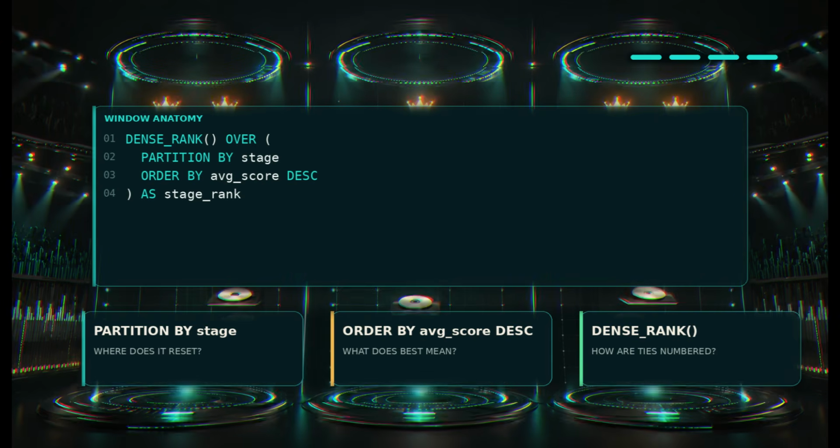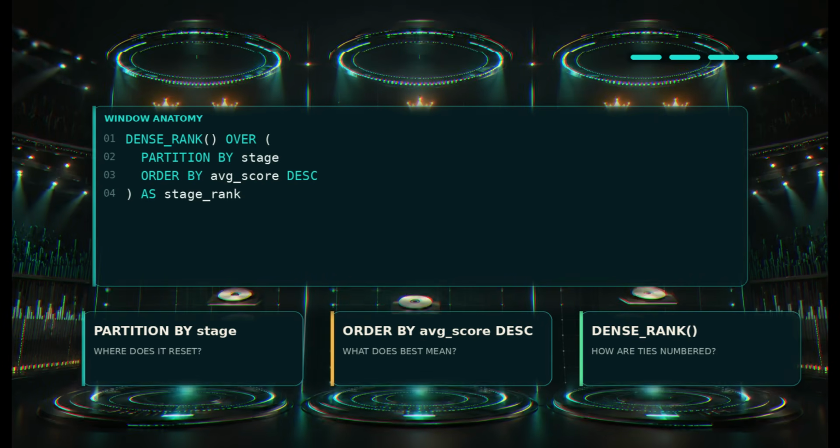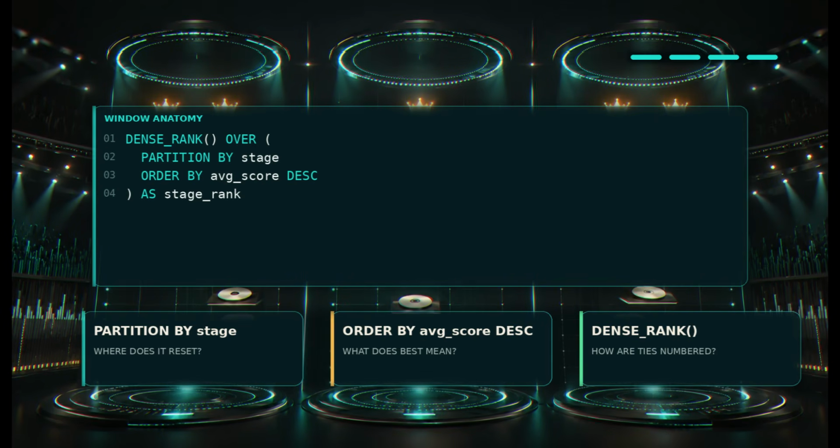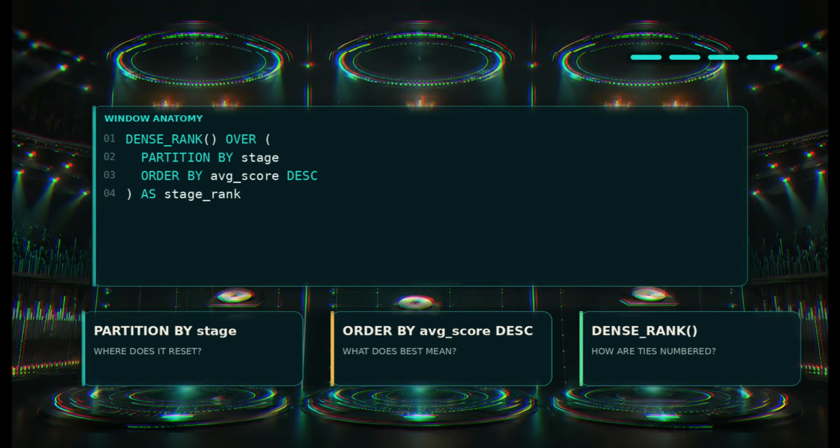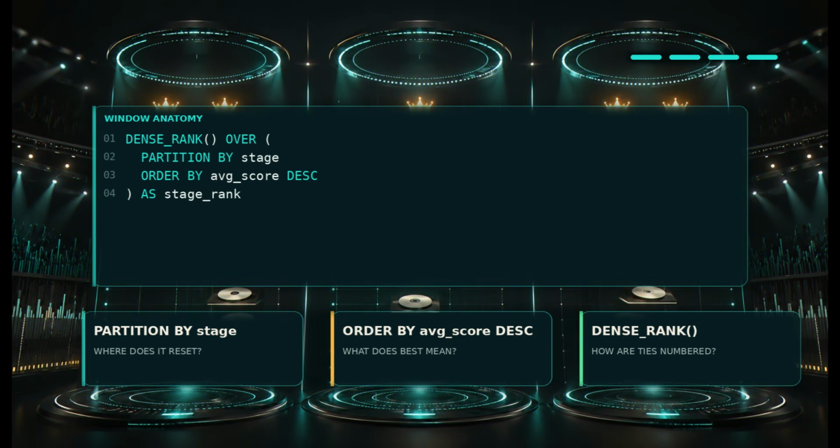Read the window from the inside. Partition by stage tells SQL where the ranking restarts. Order by average score descending defines what best means. Dense rank assigns the positions, keeping tied scores together without leaving gaps. And the over clause defines the neighborhood,